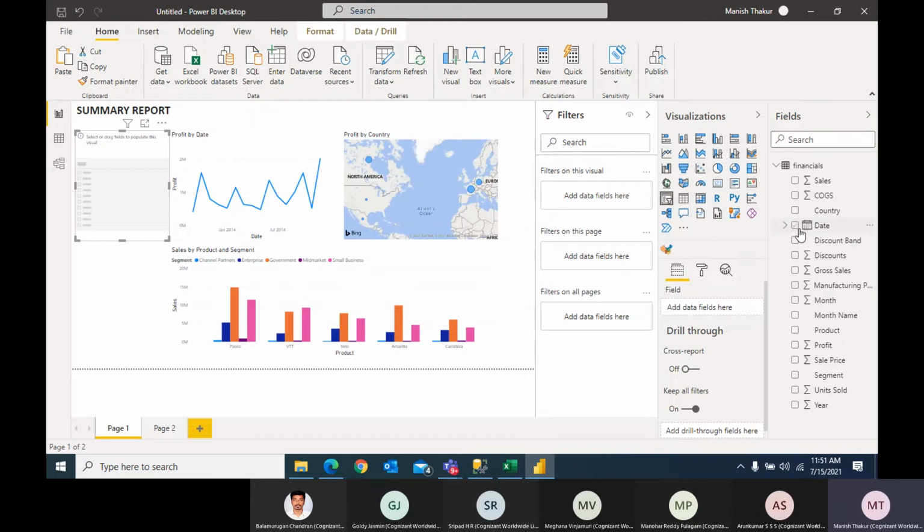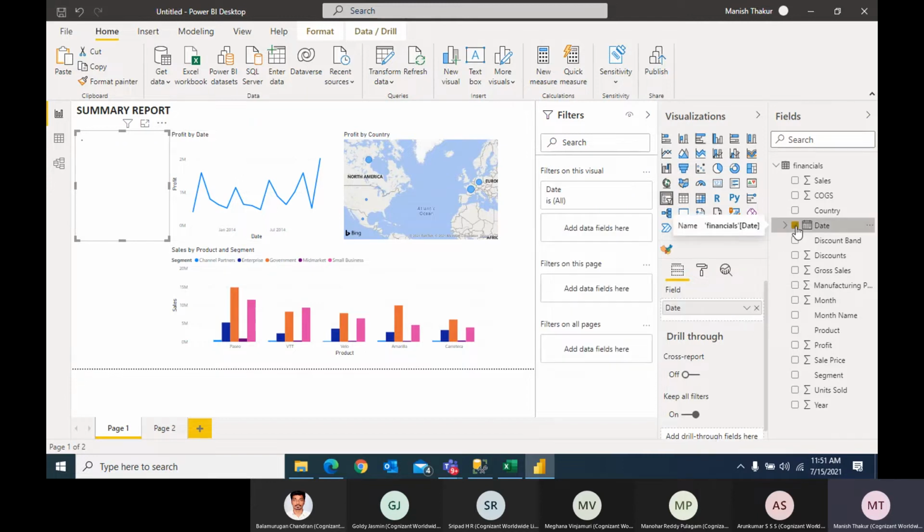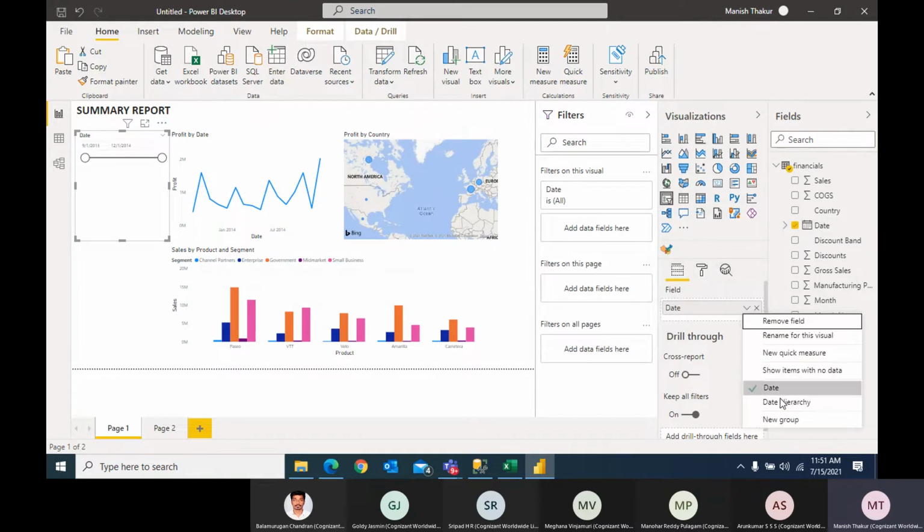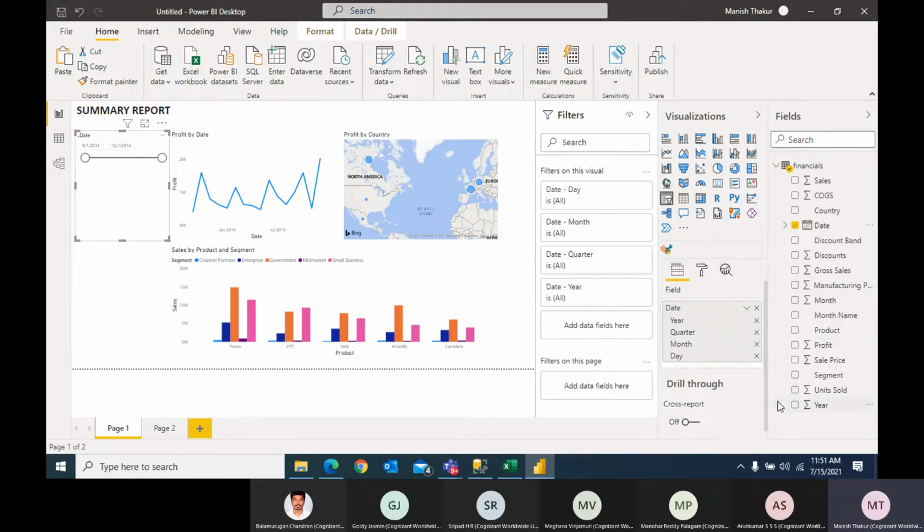So I am choosing date. Based on the date, I want to show my report. Then you can drag this date. Earlier I was showing only in date form, and now I want to show the hierarchy. The hierarchy will give me all the quarterly, monthly, and daily details.